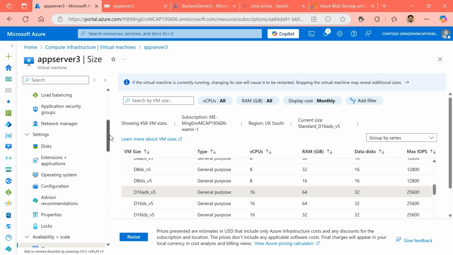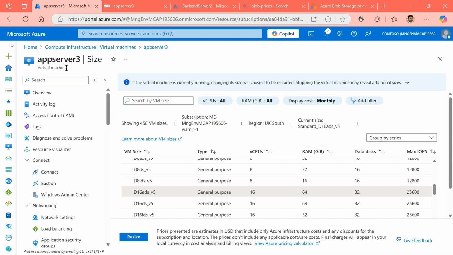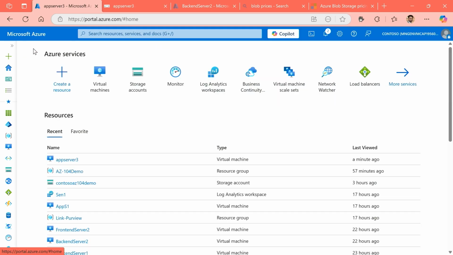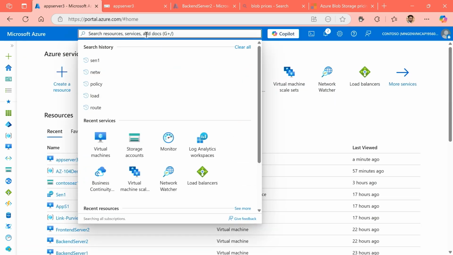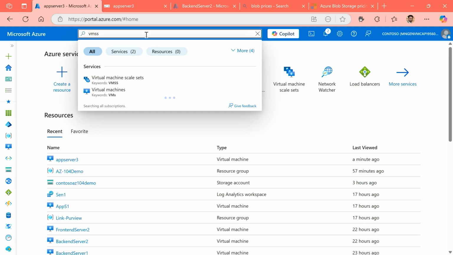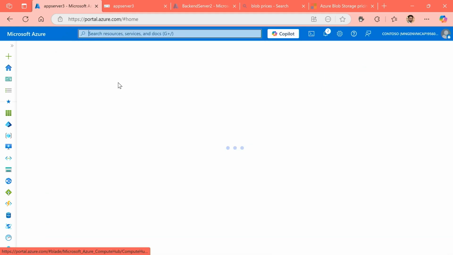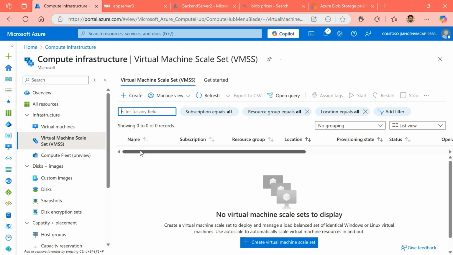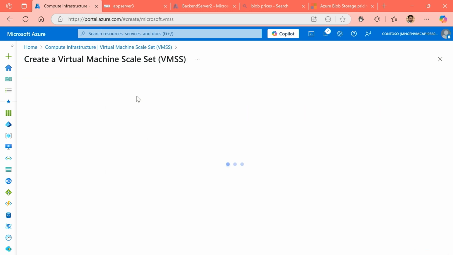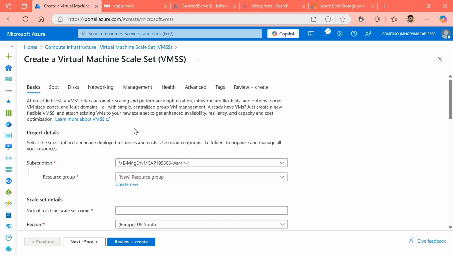Now, apart from scaling up and scaling down, we could look at another solution in terms of horizontal scaling. And for that, we'll need to look at another solution called Virtual Machine Scale Set. On the portal, we'll click on Virtual Machine Scale Sets and have a quick look at this. As part of this demo, I will show you how this looks. However, we won't create a complete virtual machine scale set. By all means, you can find the documentation on how it happens, but I'll quickly explain some details that are important to understand around virtual machine scale sets.